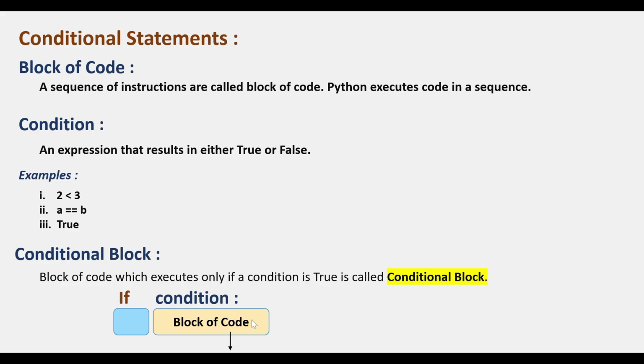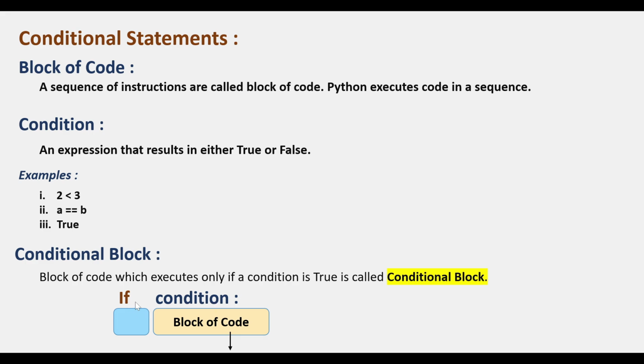Next, conditional block looks like this. See here, one diagram is there. Block of code which executes only when a condition is true is called a conditional block. Some particular conditional block is there, it will execute like this. Here the first condition, we will mention like this: